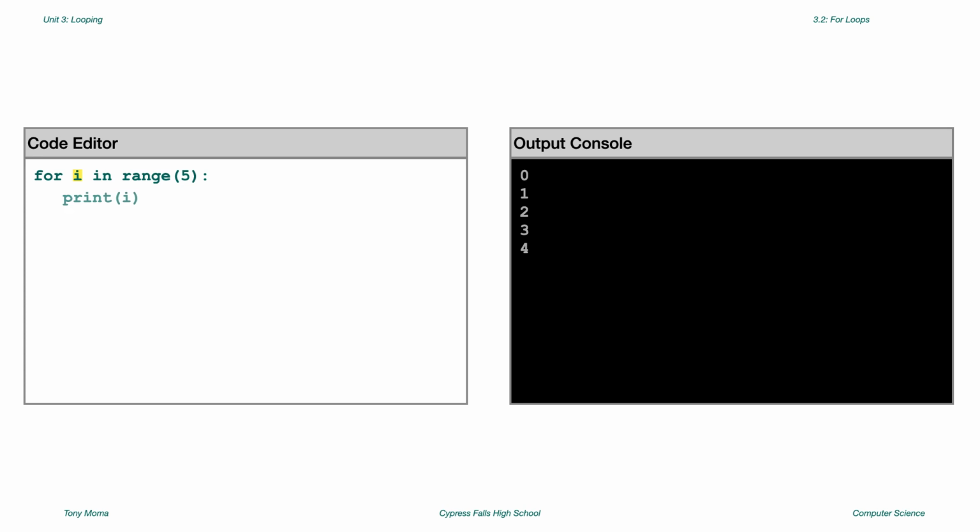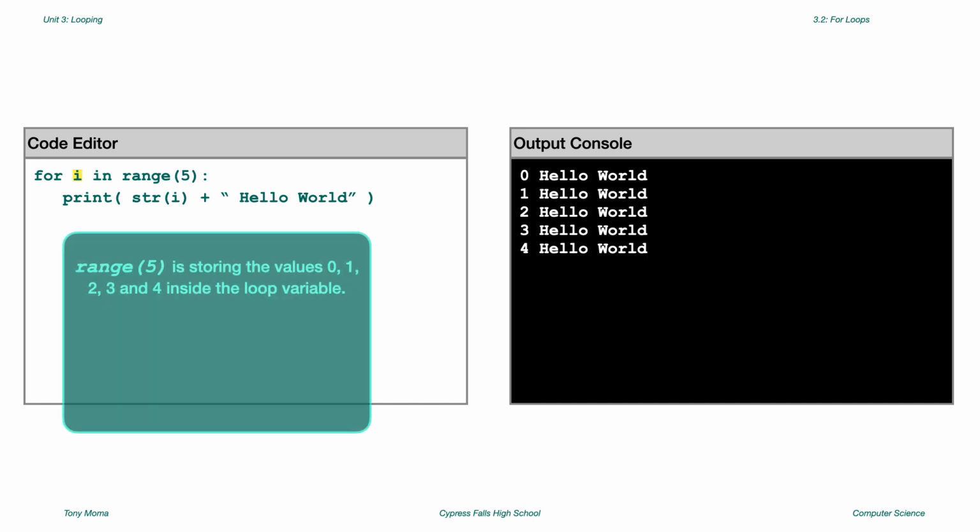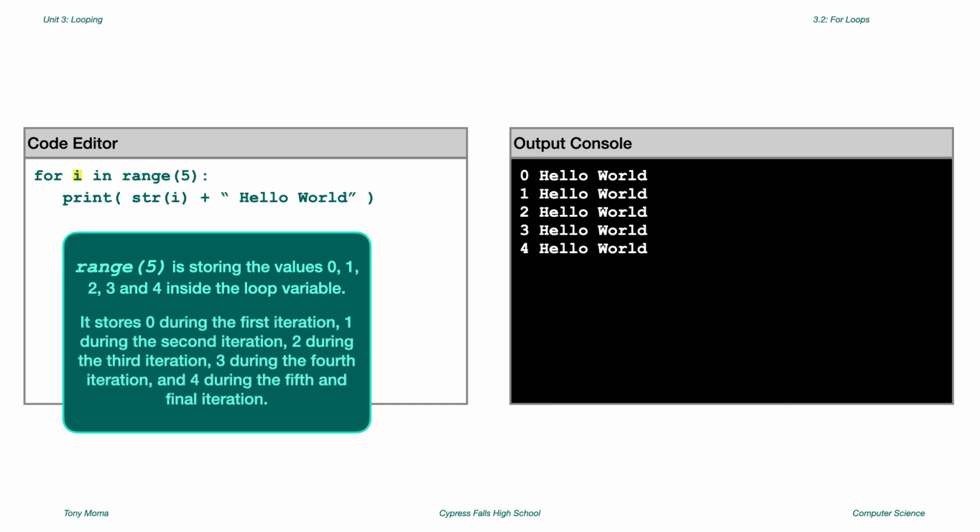I could also print out the variable as part of a string. Here I print it out next to hello world. Also notice that I use the str method to convert i to a string. Otherwise, Python will not allow me to concatenate i onto the string. So when I execute this code, this will be my output. So what exactly is happening here? What's happening is that range(5) is storing the values 0, 1, 2, 3, and 4 inside the loop variable. More specifically, it stores 0 during the first iteration of the for loop, it stores 1 during the second iteration, 2 during the third iteration, 3 during the fourth iteration, and